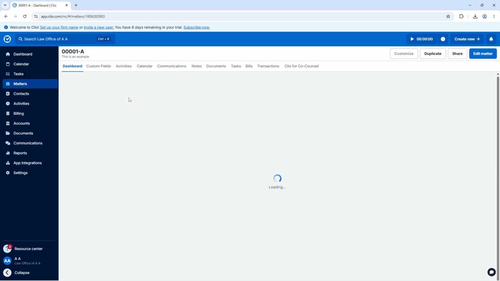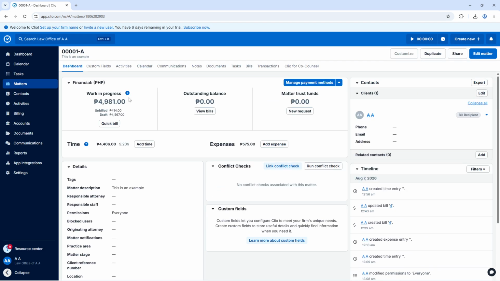This is the record you will be updating, so make sure you are inside the matter that needs to be reassigned. The matter details page includes the settings and information connected to that file, including the fields that control who is responsible for it. With the matter open, move to the upper right corner of the page and click Edit